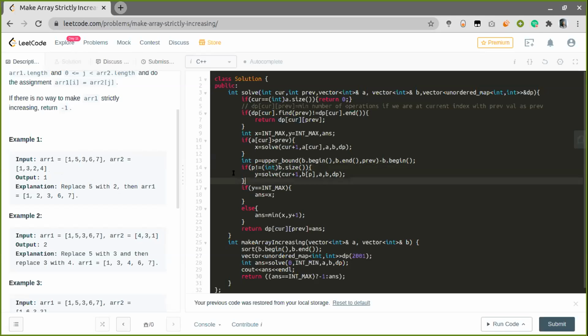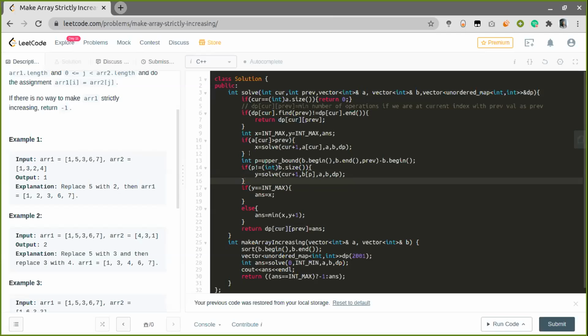So if I find the value, like if I am at 1 and 5, then I will find the value 2. So I will replace the current value with 2 here. This is why I just increment the index value, but when I am assigning the previous value, I update it to the value 2 here. So the previous will get updated to the value in the second array.